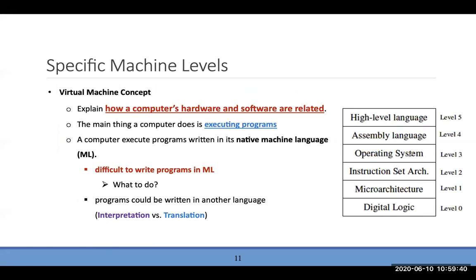Okay, so if you look at the virtual machine, this is what the virtual machine is. This is just a model, and in this model, this is going to be your hardware. And this is going to be your software, and this is going to be the instruction set. This is the interface, if you remember. So this is going to be the interface. So if you write code in a high-level language or an assembly language, you're definitely going to need an